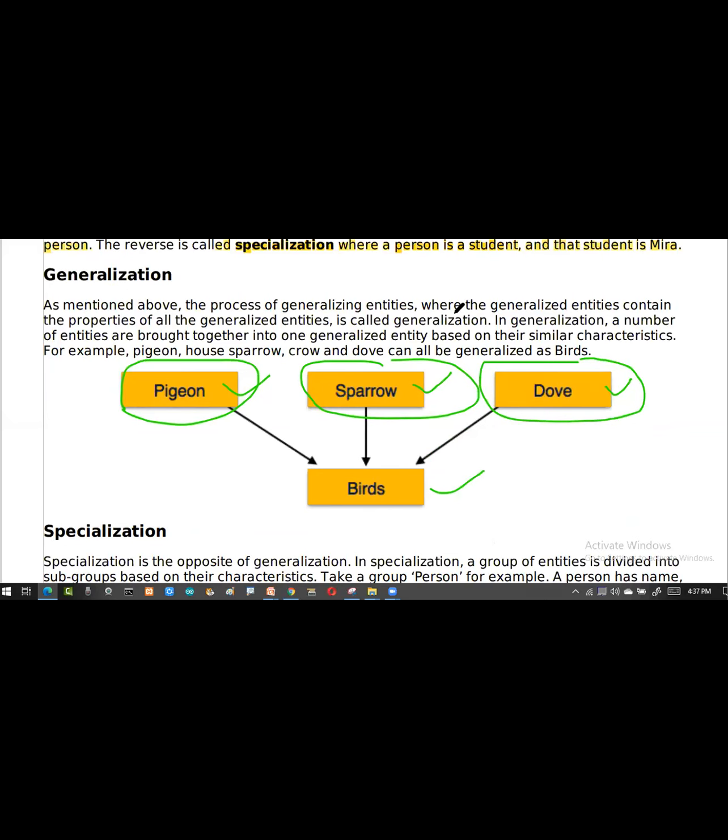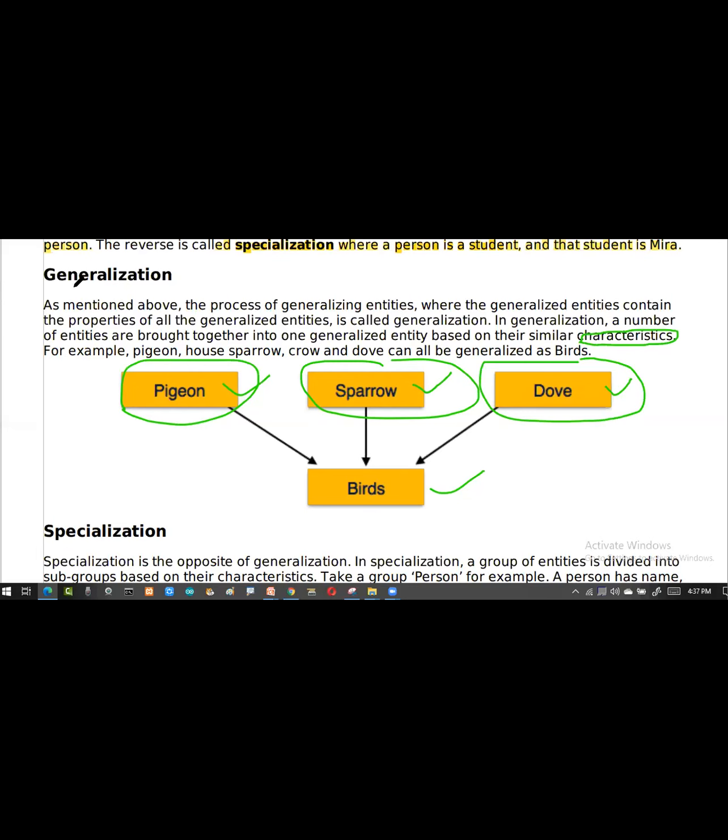The definition says that generalized entities contain the properties of the entities. So if I have similar characters, then all together can be generalized into a single one. Now, this is the generalization concept.